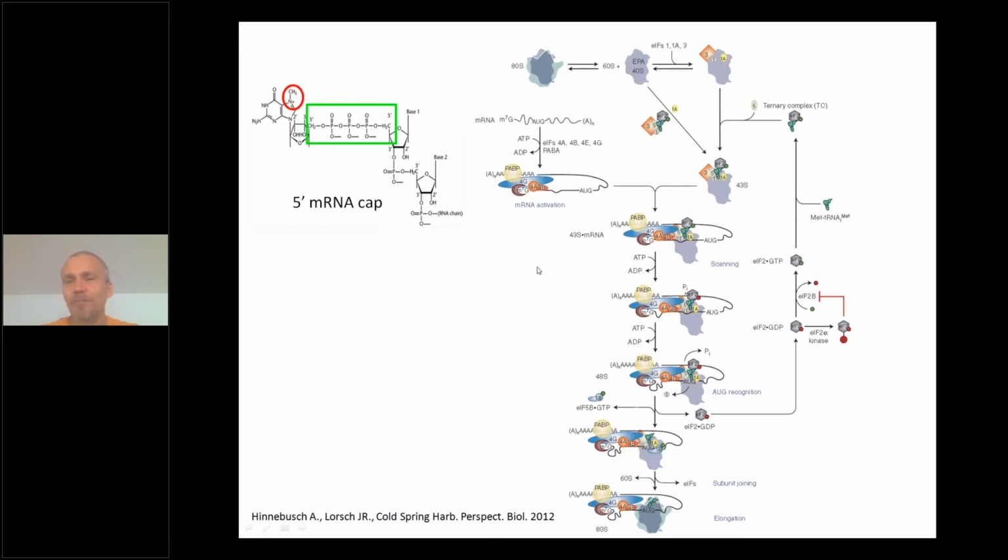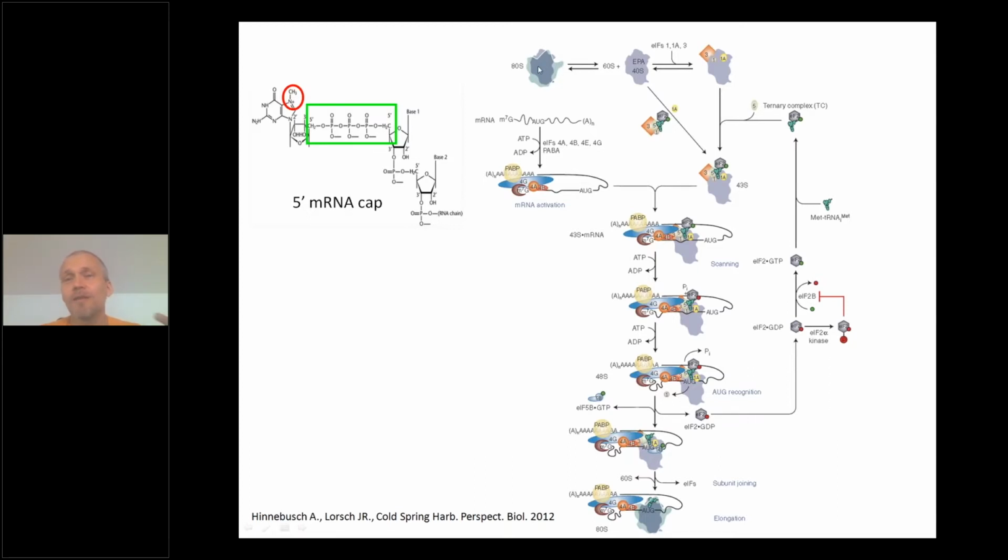This is kind of a busy slide. Don't be afraid, I will simplify that immediately in the next slide. But this is just to show you how translation initiation in eukaryotes looks. For the next talk, it will be important to know that there is an mRNA which serves as a carrier of the genetic information to the translation process, and this mRNA has on one end, which we call the 5' end, a structure which is capped. Here is the chemical structure of the cap. Then there is the coding sequence and some other stuff, and at the end there is a poly A tail. The other end is the 3' end. And then please, you should remember that